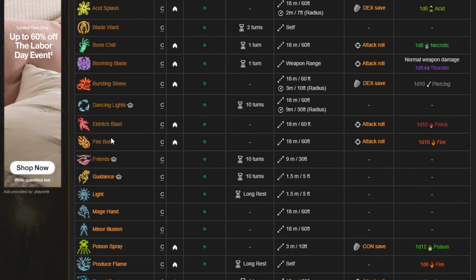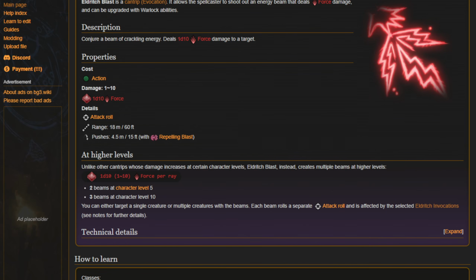Oh, and next up is Eldritch Blast. Okay. Eldritch Blast is the signature Warlock cantrip, and it is interesting. It's a fun one to use for sure. I love blasting people. But let's read what it does. On its own,